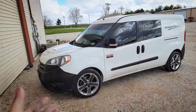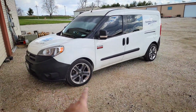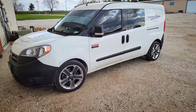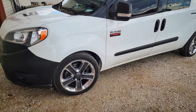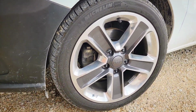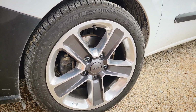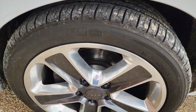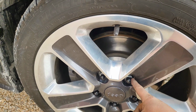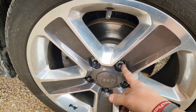Here I've got a 2017 Ram ProMaster City, and as you can see, it has some different wheels on it. These wheels are from a 2020 Jeep Wrangler Sahara, and they are 18 by 7.5. I wrapped them in a 225/45 R18 Michelin Primacy MXM4 tire, and I used a set of wheel adapters from US Wheel Adapters in Lubbock, Texas to adapt them from the vehicle's 5x98 bolt pattern to the wheel's 5x127 bolt